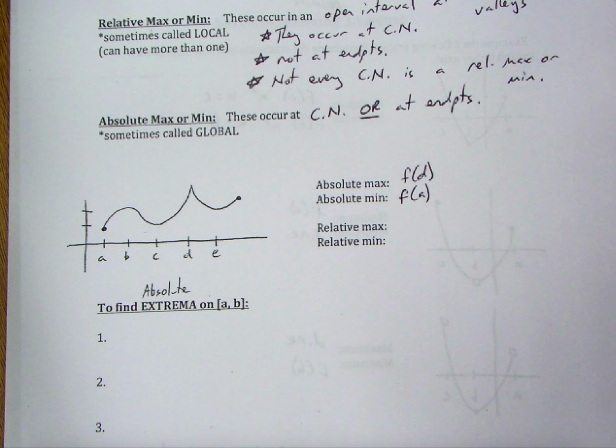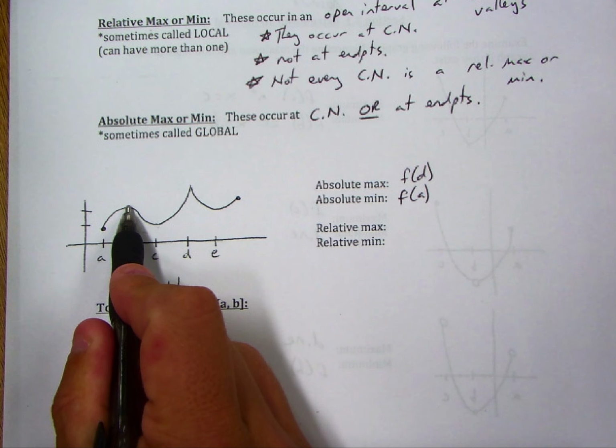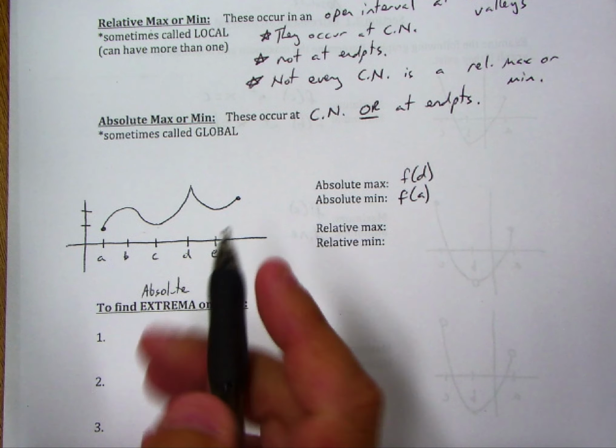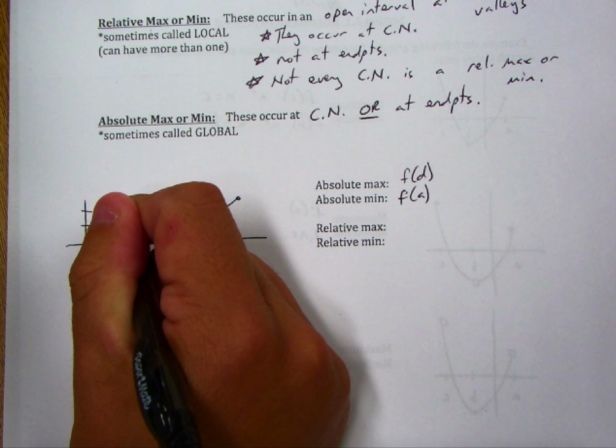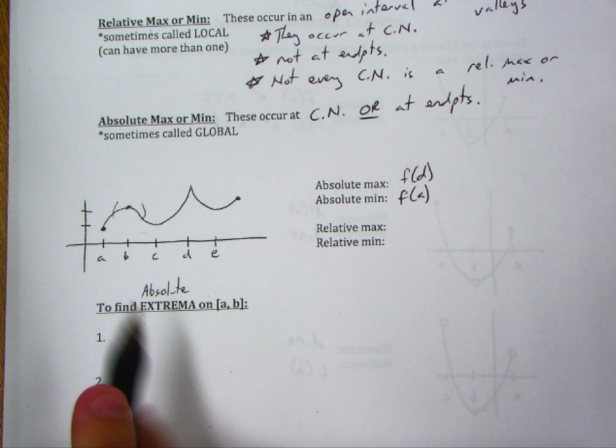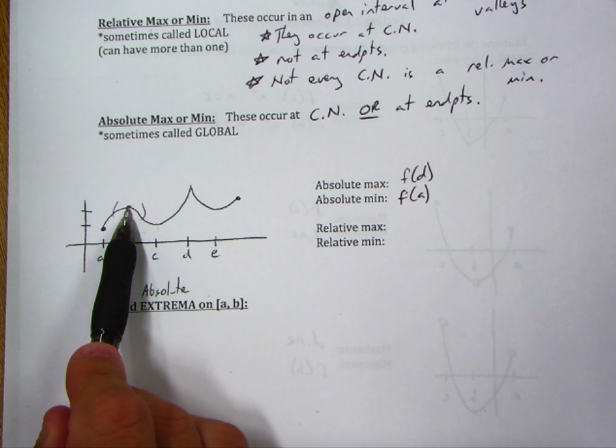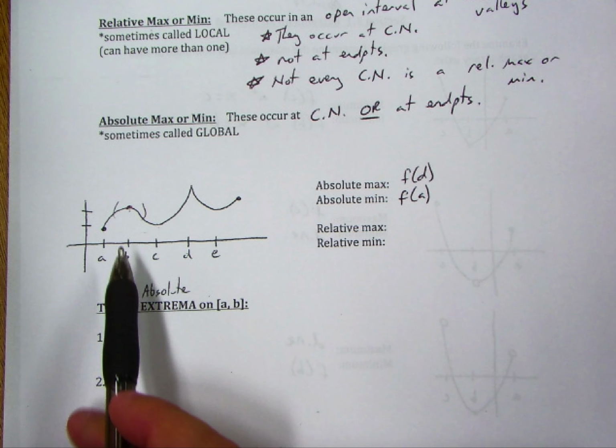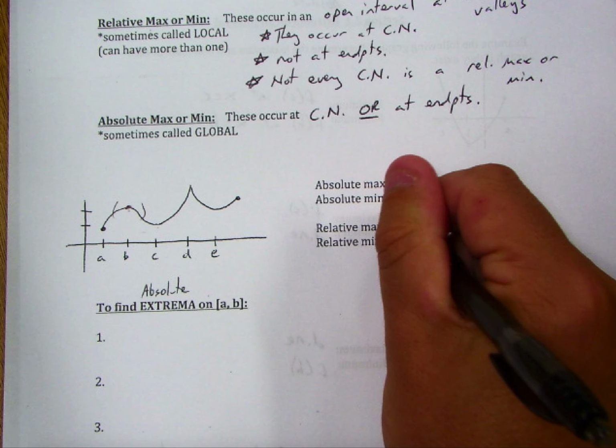Now, in terms of relative maximums, if you hone in on any certain subinterval of this function, is there a highest point? It's really going to be at any sort of hill, any sort of highest point. Like right here, in this little subgroup, f of b is the highest y value there. f of b is considered a relative maximum,